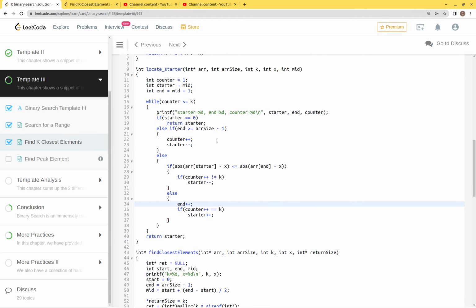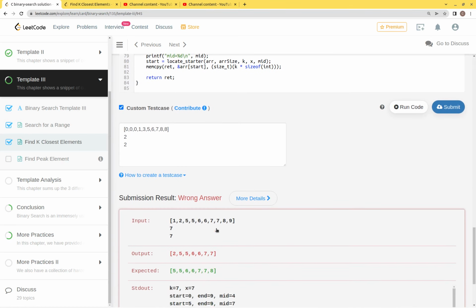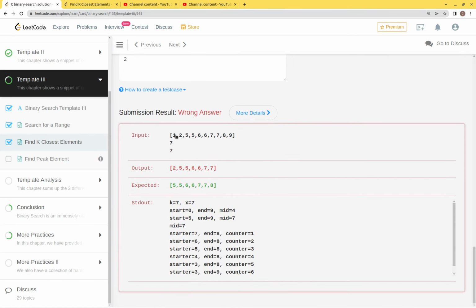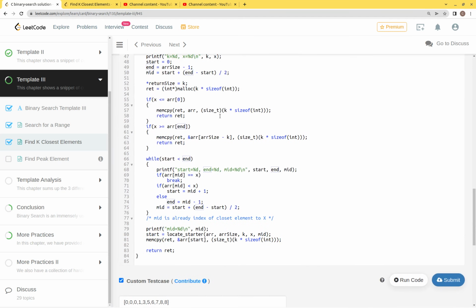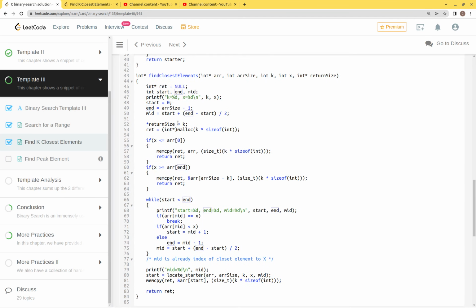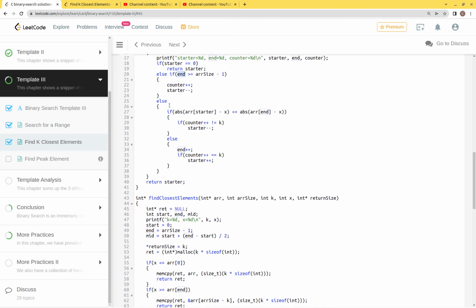So that means once and is 9. So 0, 1, 2, 3, 4, 5, 6, 7, 8, 9. Okay, 9 greater than 8. 9 greater than 8. So we just do counter plus 1